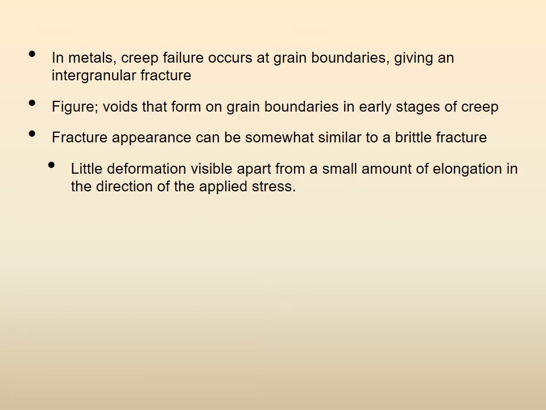Now this is critical and a little bit confusing, that there could be brittle fracture. Remember, brittle fracture could occur because the material was brittle, or because it was a ductile to brittle type of material and you went to sub-zero temperatures, or you did it with an impact load. So there are lots of ways a brittle fracture can happen, but brittle fracture means that in the micrograph, in the photograph under a microscope, you see very little elongation or very little deformation, and suddenly there is a failure. Under creep also you will see something similar.